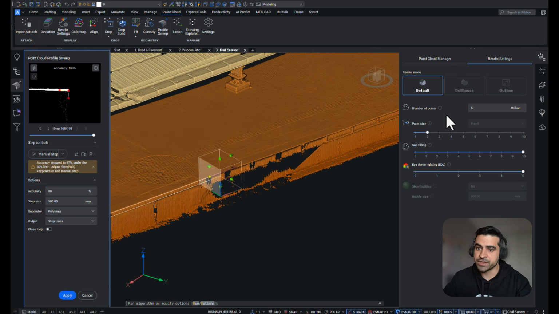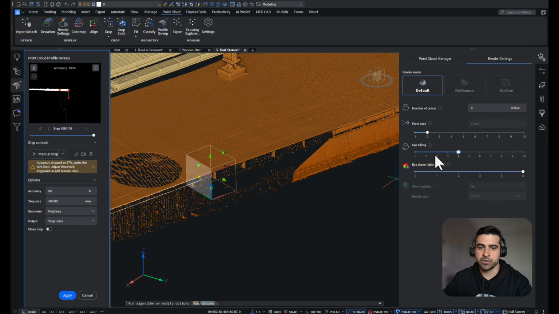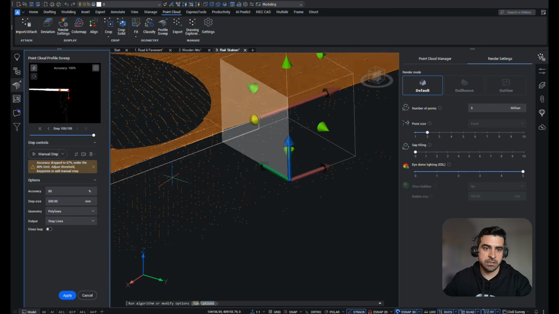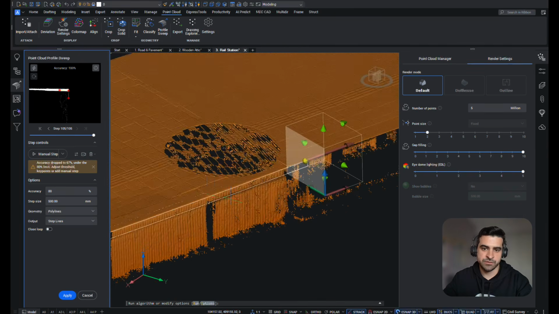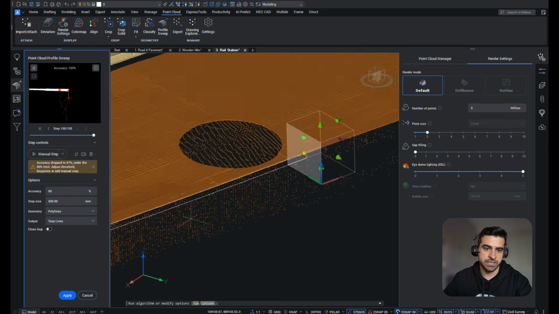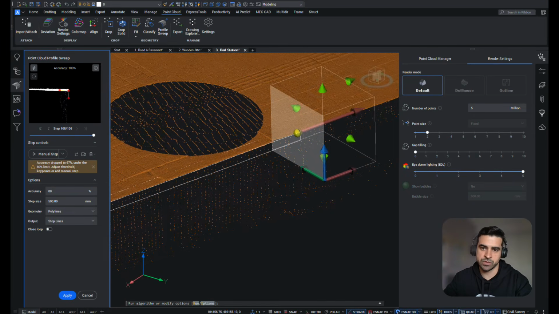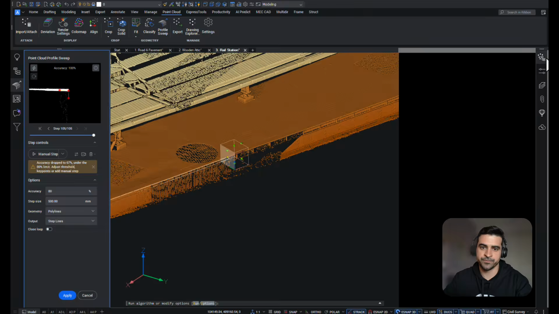The render settings have been raised. I mean, the gap filling was included, which fills the gaps so we can make the scattered points feel like a surface. So even though this area looks nice, the reality is that we don't have nearly the amount of points required to continue this process.